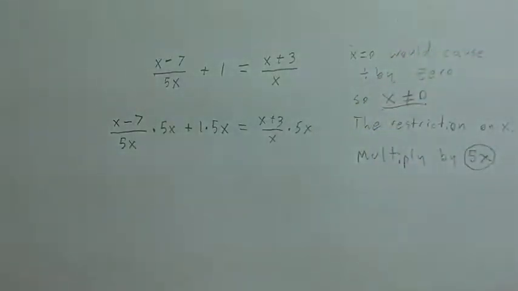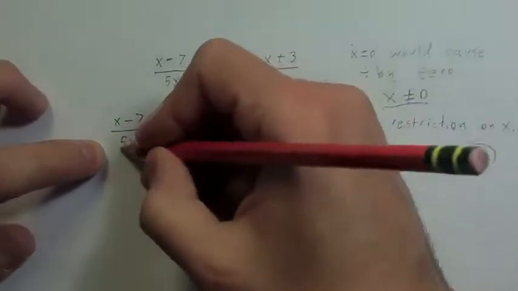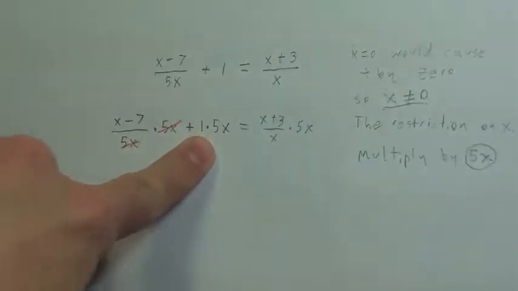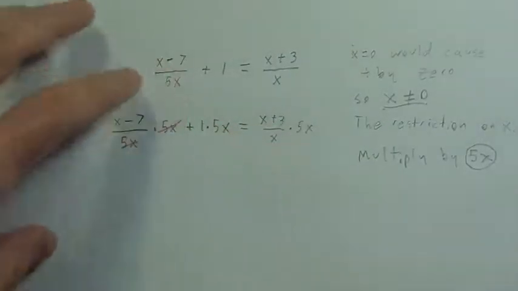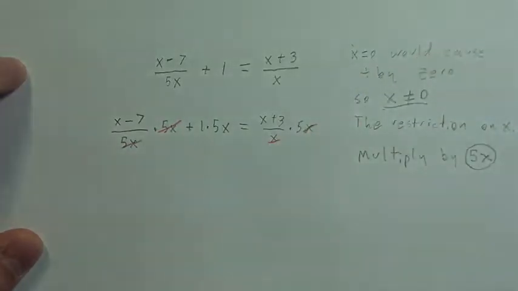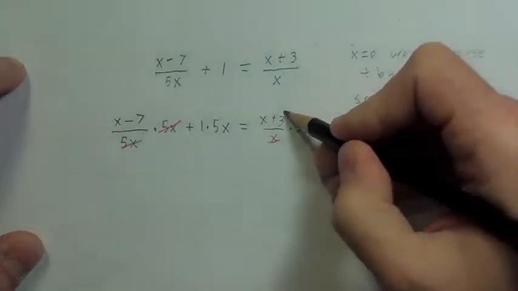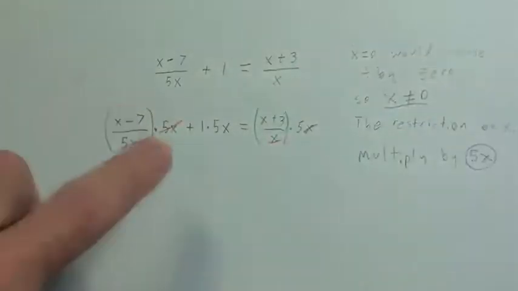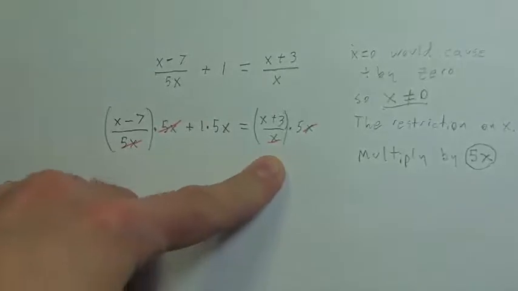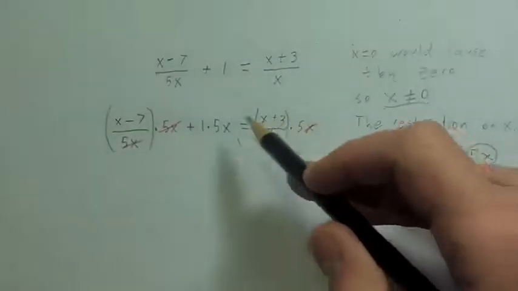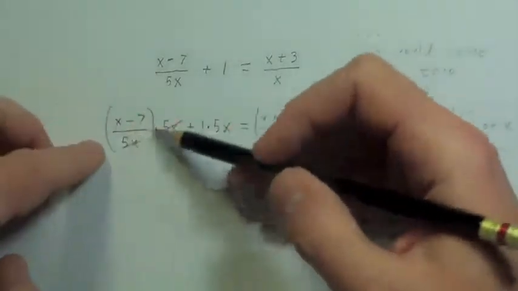Okay, and then we just go through and cancel. So here, the 5x is canceled completely. Here, this will just end up being 5x. And then here, just the x is canceled. So we have to be careful here when we do this. Let me actually put these in parentheses. Okay, a lot of times I put my fraction pieces in parentheses just to be sure. So we multiply by the 5. Well, here everything canceled, so we